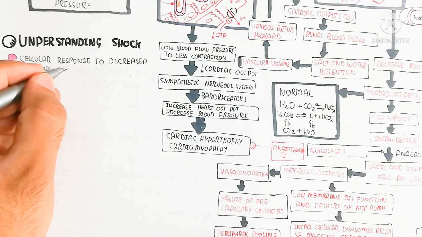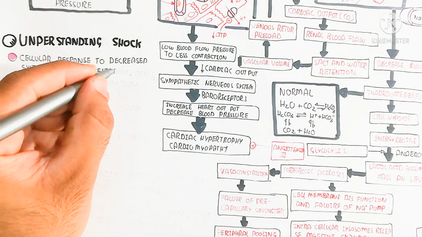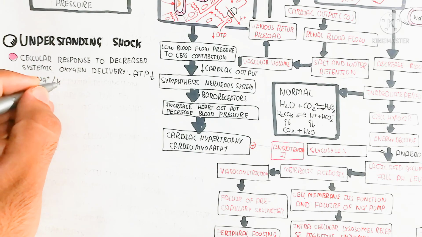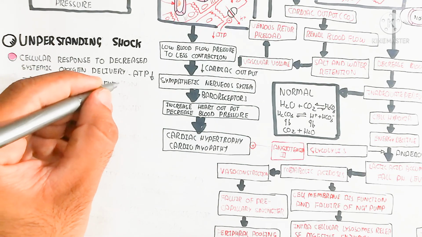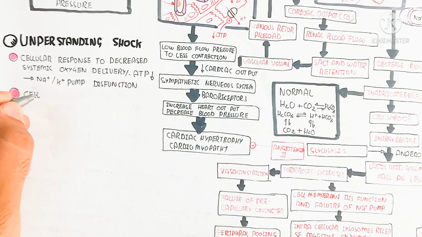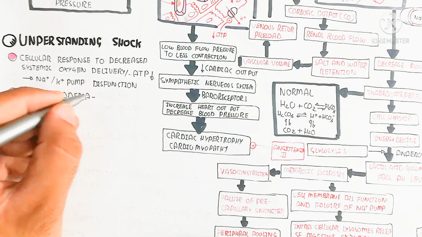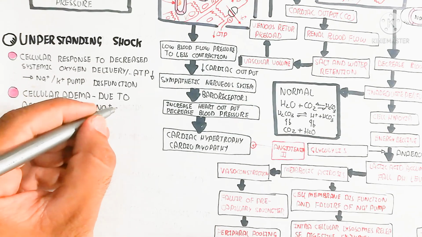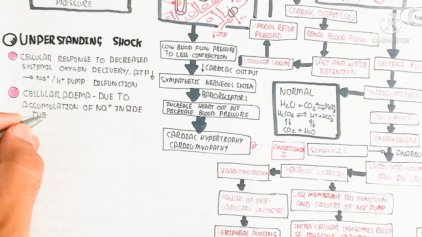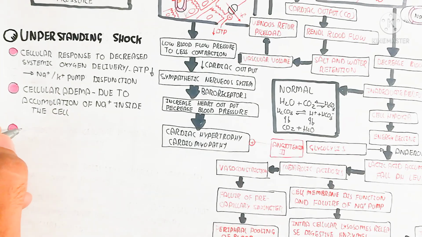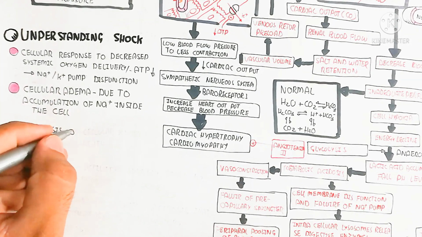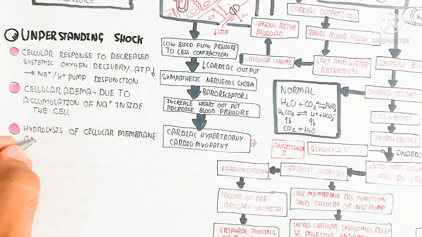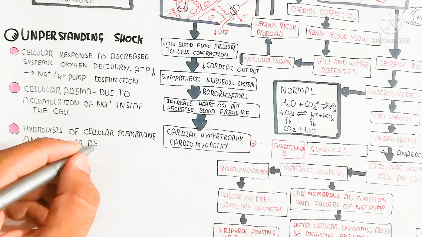So the cellular response to decreased systemic oxygen delivery and declining ATP will lead to sodium potassium pump dysfunction, because the ATP dependent sodium potassium pump is dysfunctional as ATP declines, and cellular edema will occur. In this way, more water is retained in the cell and cell lysis can happen, and due to accumulation of sodium inside the cell, hydrolysis of the cellular membrane and cellular death, necrosis, will occur, and the mitochondrial